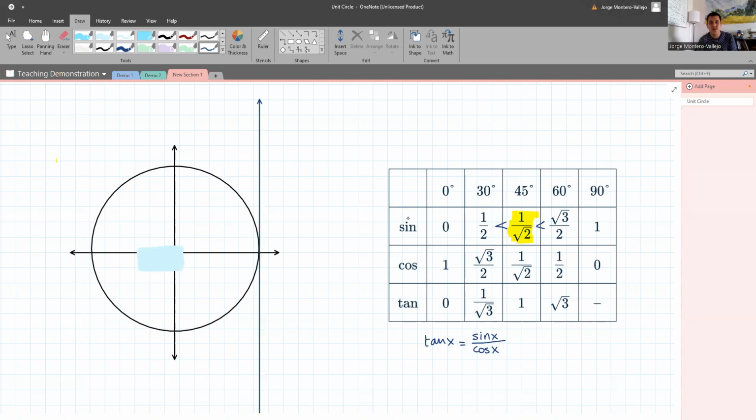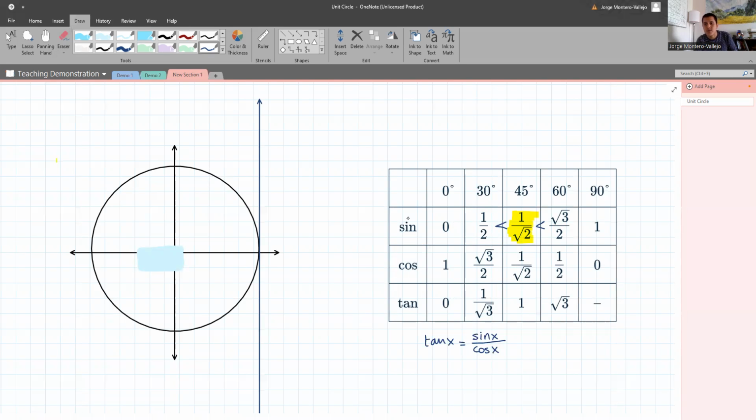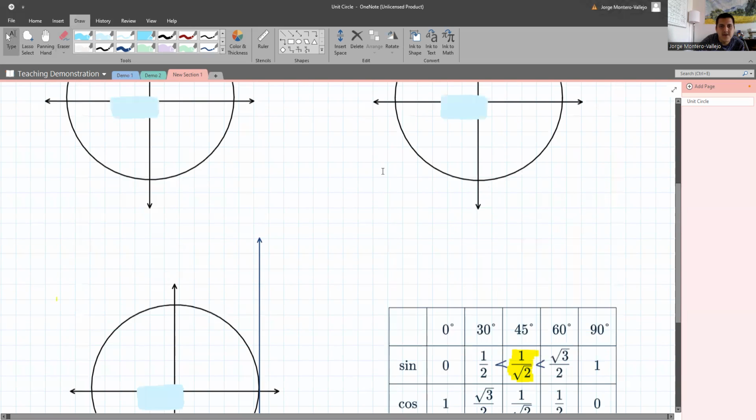And if you don't believe me, you could try by yourself. You could pick an angle here, 30, let's say, and wonder, what's tangent of 30? Well, by this equation, you can find that by computing sine of 30, which is 1/2, and then dividing that by cosine of 30, which is this number over here. And it should give you back this. I leave that to you guys as an exercise, to make sure that you are also comfortable multiplying and dividing fractions with the square roots in them. Okay, all right, so then let's get started with our